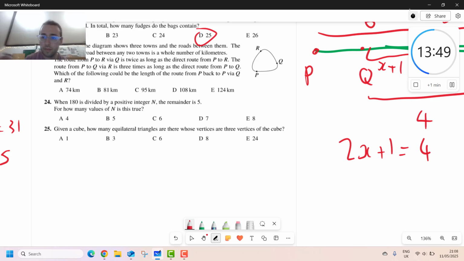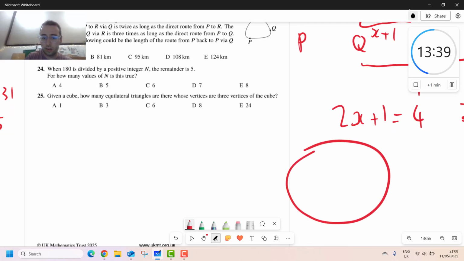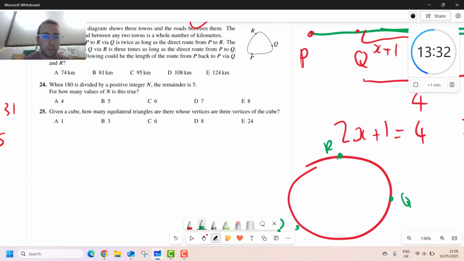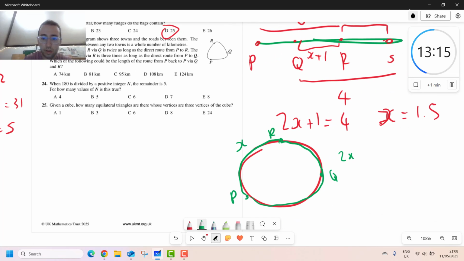Okay. The map shows 3 towns and roads between them. So let's write that down here. So I've got R, Q, P. The route from P to Q is twice, so P to R, that route is X. P to R via Q, that's 2X. The route from P to Q via R